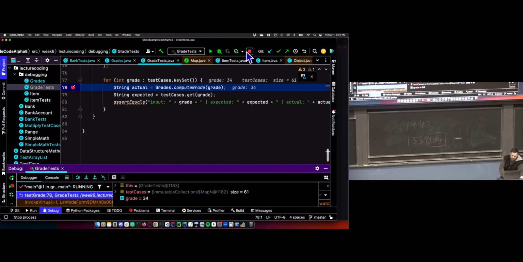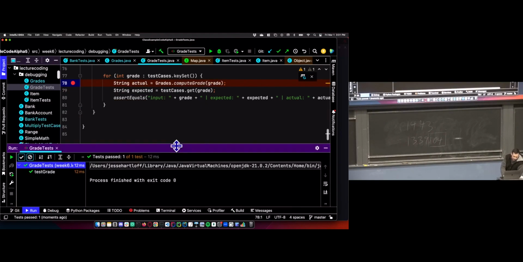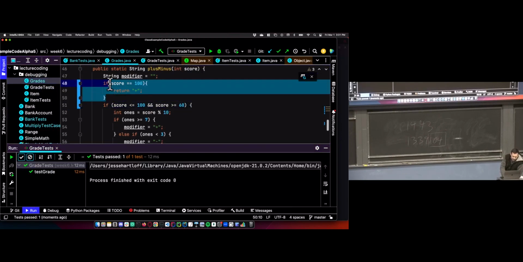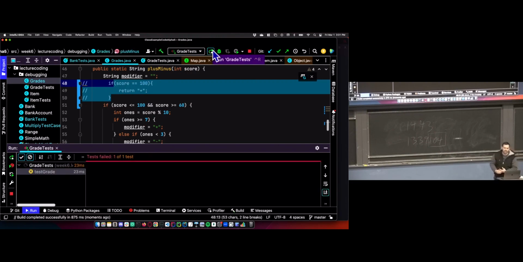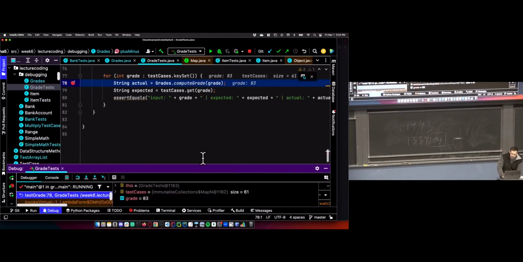Actually, I want to get out of the debugger at this point and run all of them because we might have all of our tests, and we do. The last thing I want to show over here is I want to break this again. Run our test cases. We are correct on everything now except the value 100. So what we can do to debug this